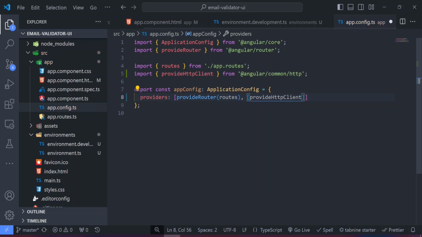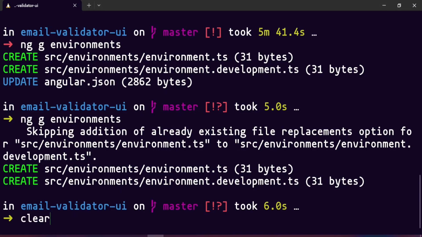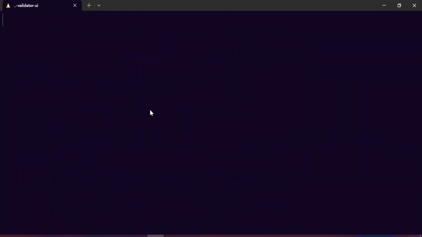So you can see provide HTTP client is imported right above. With that, we have access to the HTTP client in our service. So with that, we can now create the service folder. So I'm going to clear everything we've done so far in the terminal, and then let's run the command